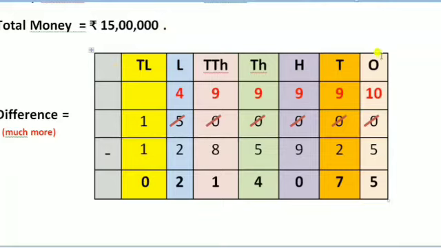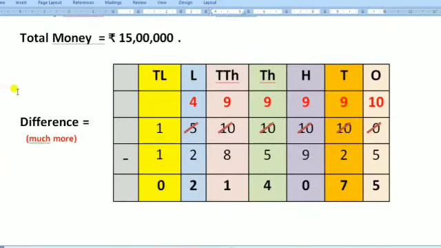According to the heading, according to the bigger number's place value, we have defined all the digits, and the smaller number also we have arranged as per the place value. So this way difference means "much more," or "much more" means difference. Headings we have defined. Bigger number as per the place value we have defined with the minus sign. Smaller values as per the place values are defined. Let us start the difference from the first column.